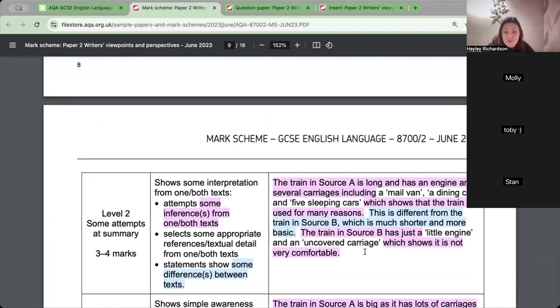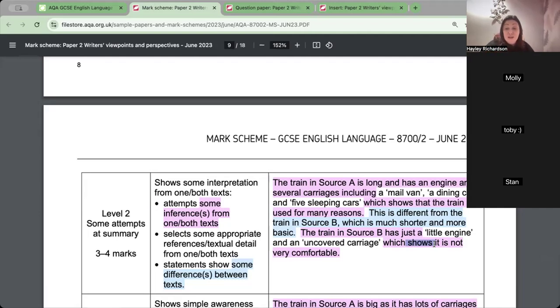This is different from the training source B, which is much shorter and more basic. Training source B has just a little engine and an uncovered carriage, which shows it's not very comfortable. Not definitely. It may be uncomfortable. However, if you look back, the lad that was inside the train that here they're saying is really